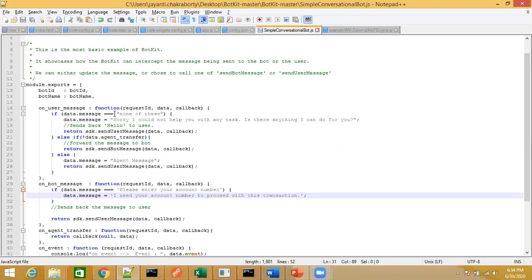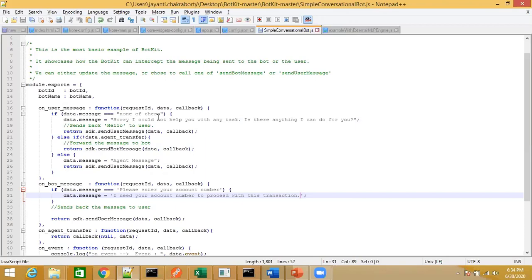I have not trained my bot for handling this kind of utterance, and I don't want to train my bot with that. But I want to handle it: if the user says none of this, there should be a message back to the user which says, sorry, I could not help you with any task. Is there anything I can do for you?